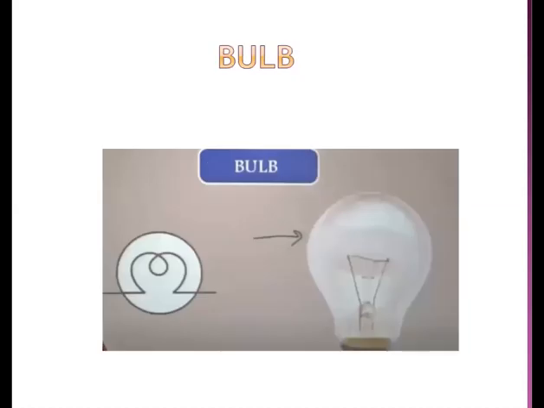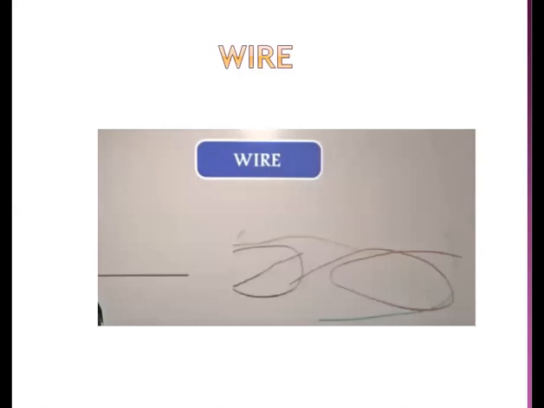Now we see that the current was used to light a bulb. Drawing a bulb can be a very elaborate process. This is simplified by the use of a symbol, which can be used to draw the bulb in a circuit diagram. Also, we saw that to connect the various elements in a circuit, we use wires. These wires need not be shown as turned, twisted or curved. Wires can be simply depicted by a straight line.